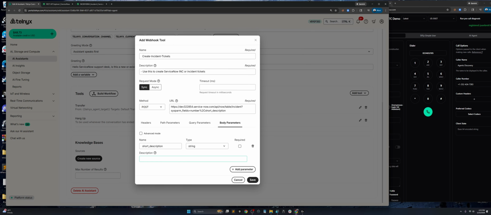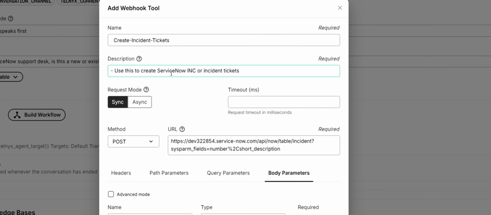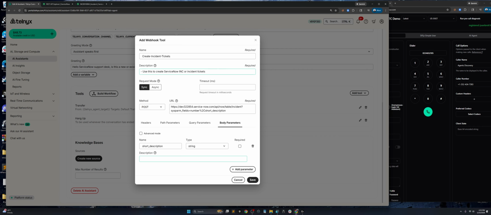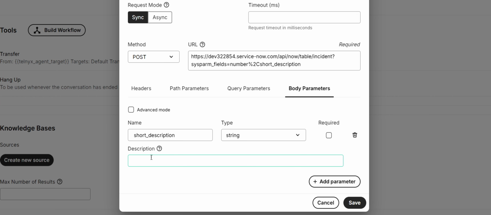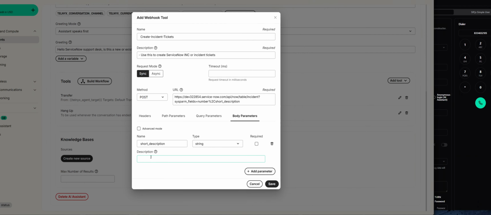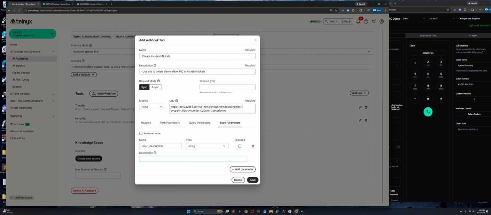So you've got the overall description up here: this is what this integration, or this API call or tool, does. And then down here you've got the body or the paths, the key-value pairs that go into the API request. So what we have to do is describe this. Okay, so this is a 1 to 2 sentence